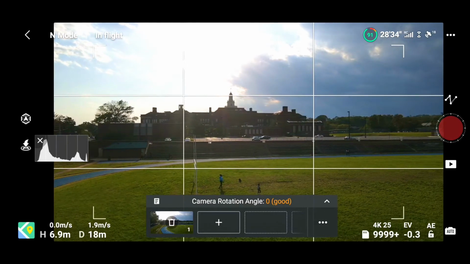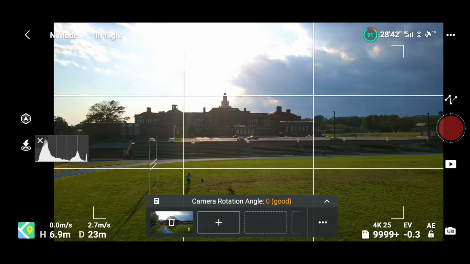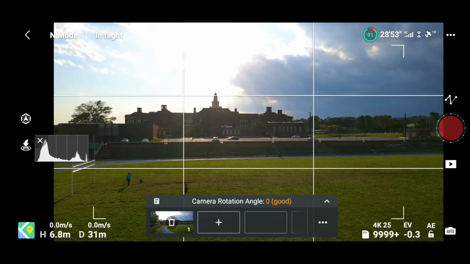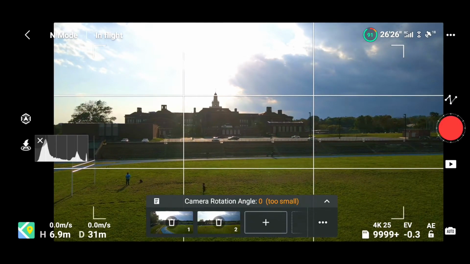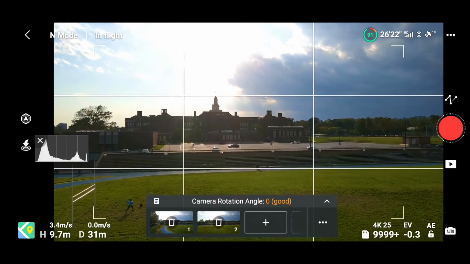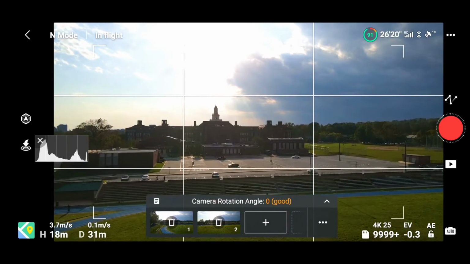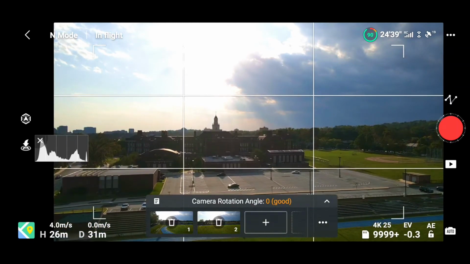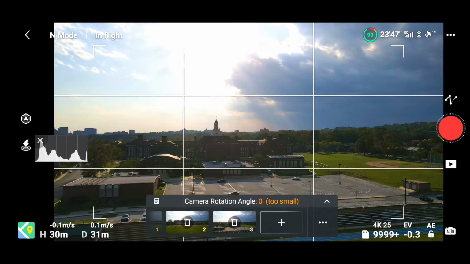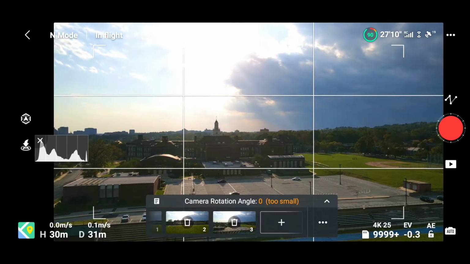And we are now going to our second point. Okay, we'll call that point number 2. Then we'll raise up a little bit. Okay. And that is number 3. Okay. Now once those points are set,